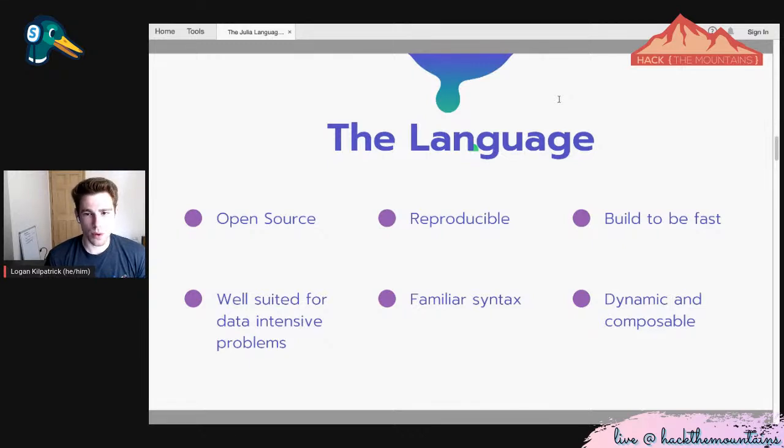And the whole motivation for creating the language back when it was created in 2012 was, hey, we have this set of tools that currently exist, and we have all these problems that are really difficult. It just happened that the tools that were available weren't lining up with the problems that had to be solved. So there was some thought that maybe there's an opportunity here to build a better tool to solve these really difficult problems. And the result of that was the Julia language.